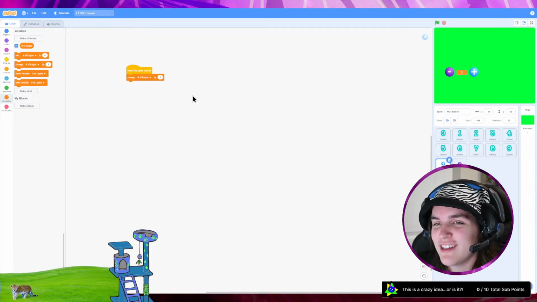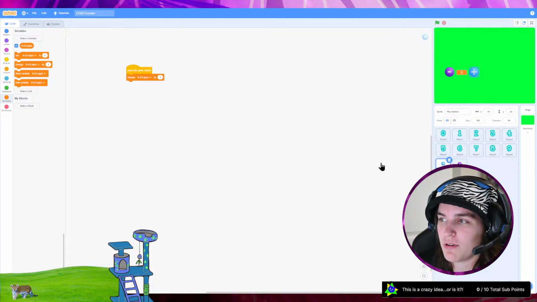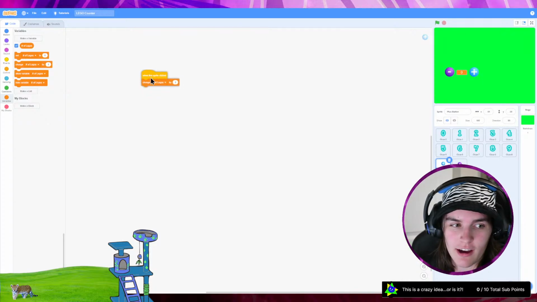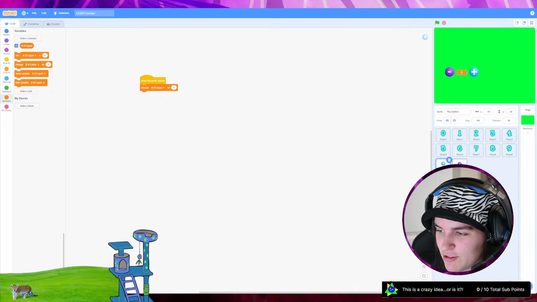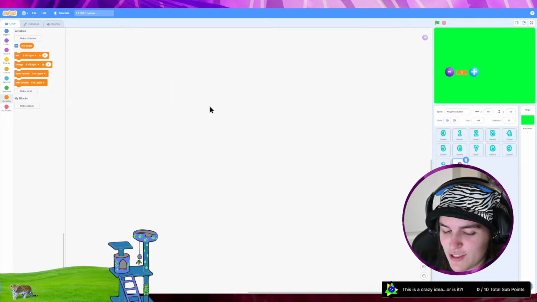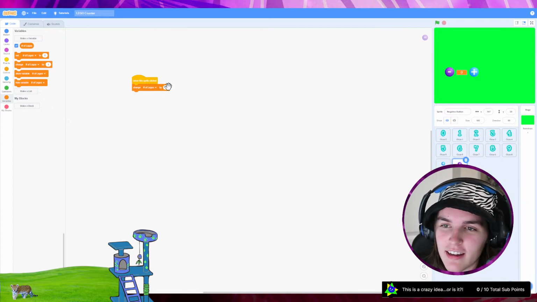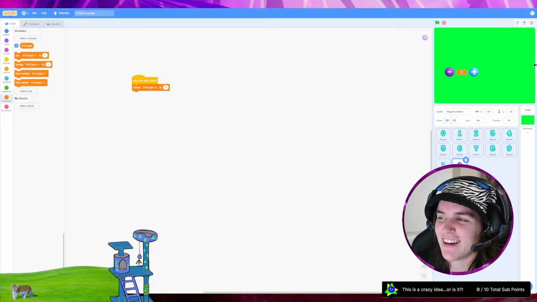Wow, that's actually a lot easier than I was anticipating, which is hilarious. Okay, I'm going to do the same thing. Oh, you know what I can do too? If I click on the top code, you see how it moves all this code? So if I do Control C, which copies it, and then go to my other sprite and do Control V, it copies the code right there, and then I can just change this number to -1.